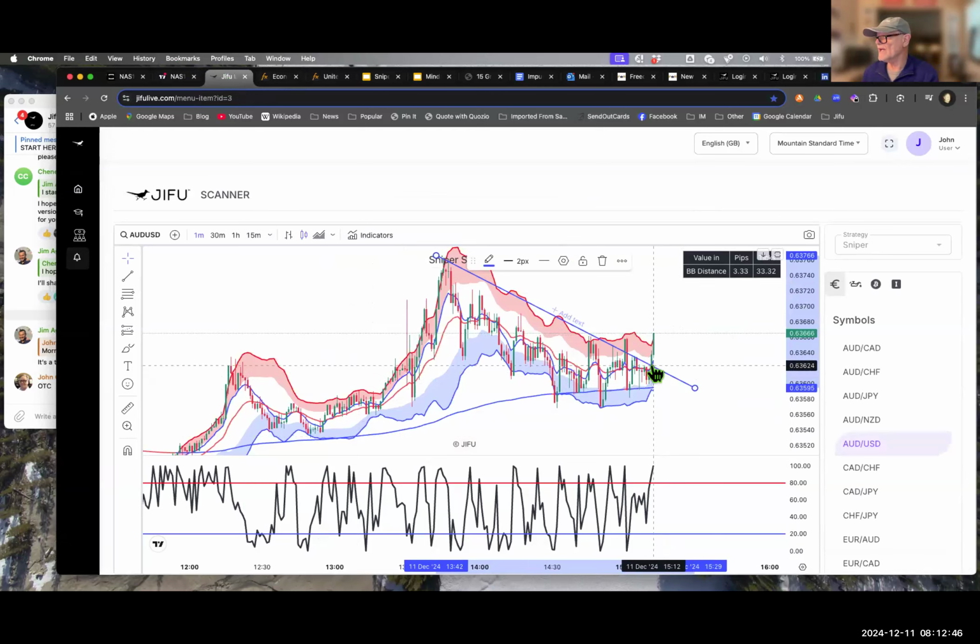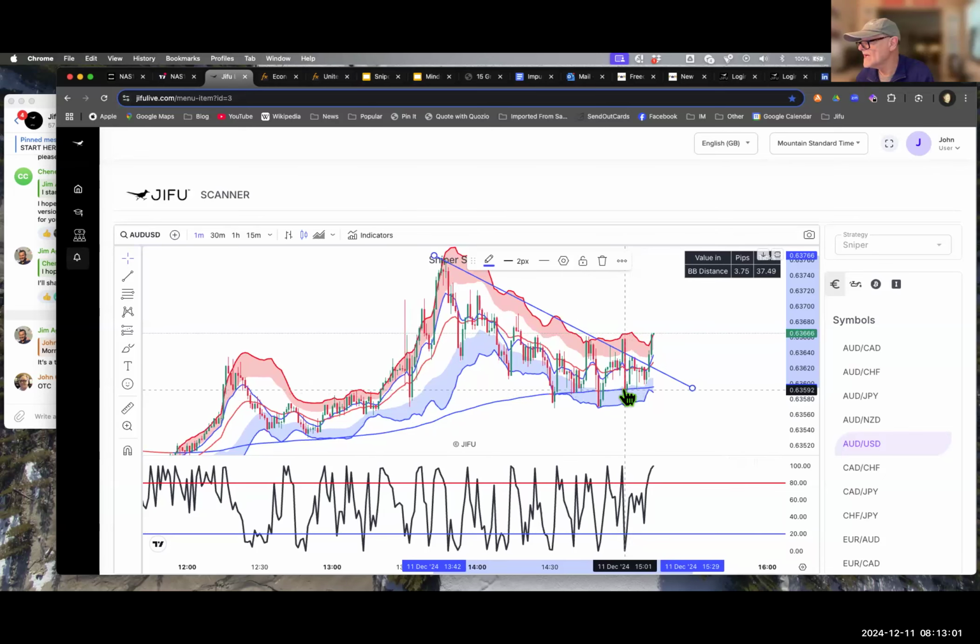Oh, look, while we were talking, guess what happened? We broke our trend line. So that would have been, this was giving us the heads up here that it was coming. We did get a rejection. You could have got in on that candle there, actually, even though it was down in the bottom zone. But